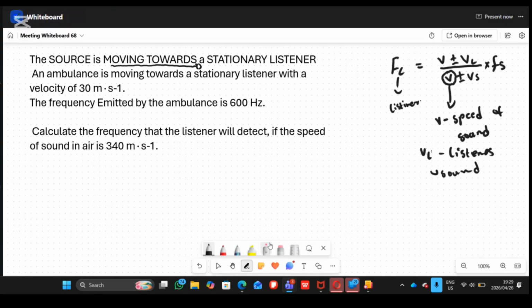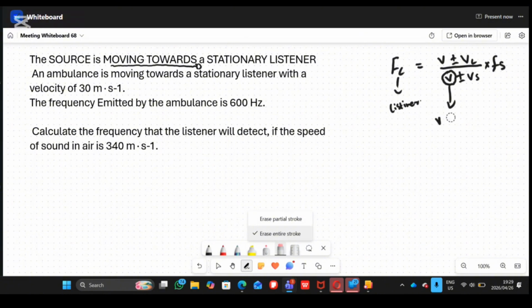I just don't know how you were taught this, but you can adjust the formula in many ways. I think you can adjust the formula in two ways, right? So let me write them down. I will choose the one you were taught at school. Let me divide it into half. Let's say here, when moving towards,